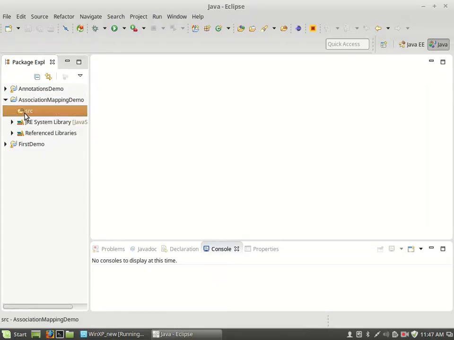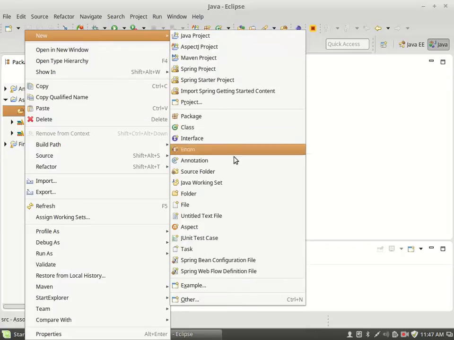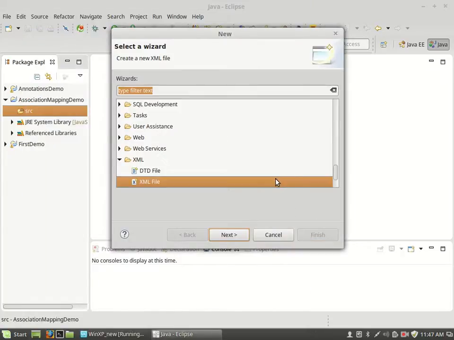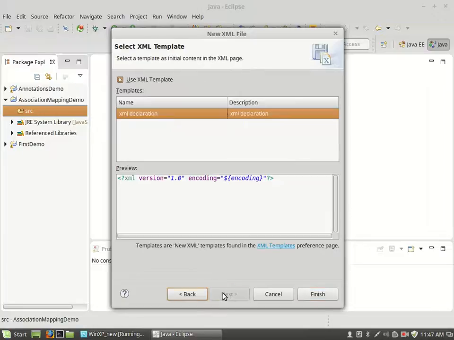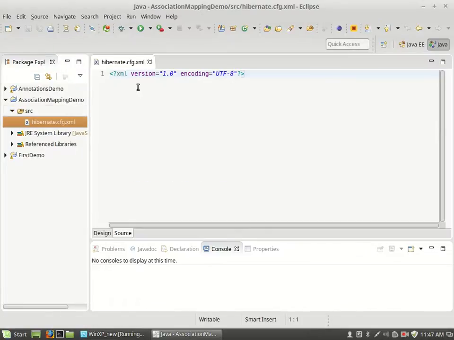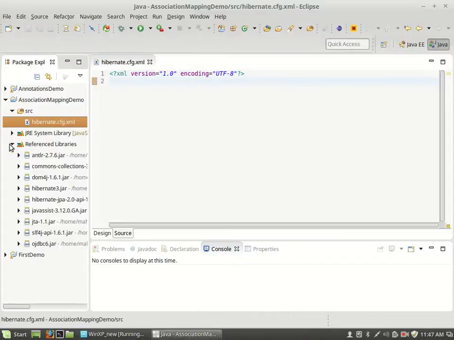Okay, here it is. Then we need a Hibernate configuration file. For that I'll use this XML file option. Name of the file is hibernate.cfg.xml, inside this project, association mapping demo. Finish. We need a doc type declaration here, so let me just copy it from